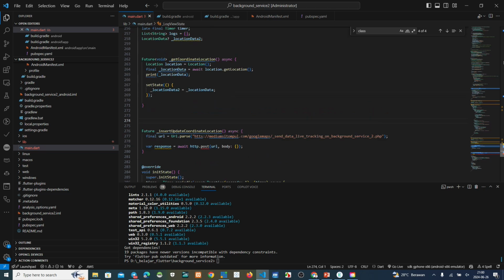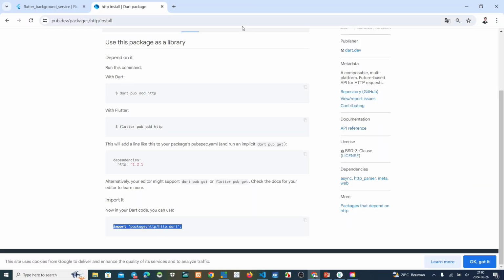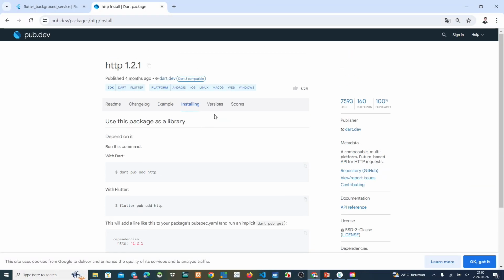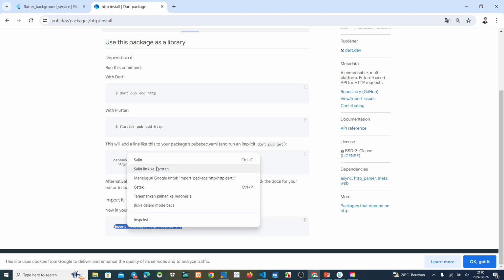We can see this first, HTTP location. Oh, sorry. Where is the location? This one, two location. Oh my God, sorry about that. HTTP here, install. This one, HTTP. Copy.